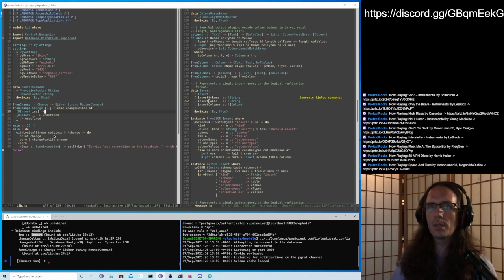So we could put this under a pattern guard, where the insert schema is equal to API, and the insert table of the insert is routers.